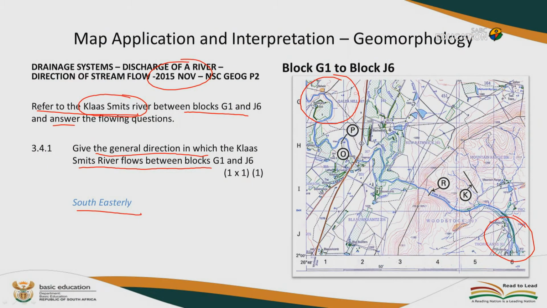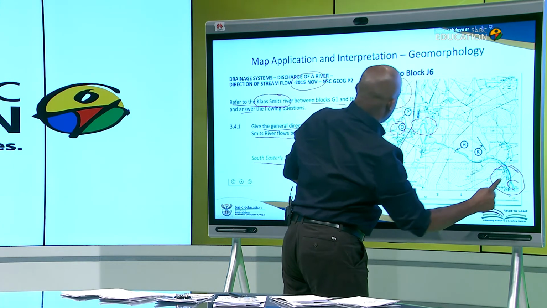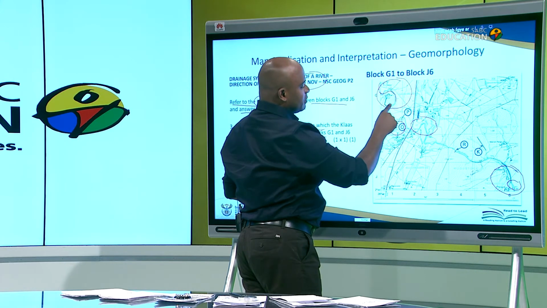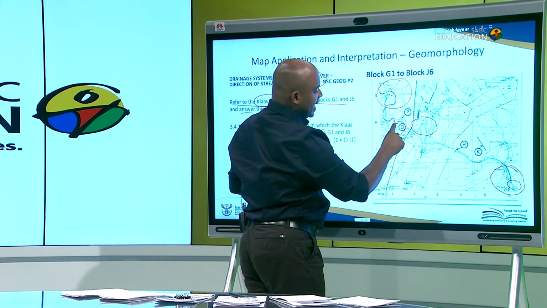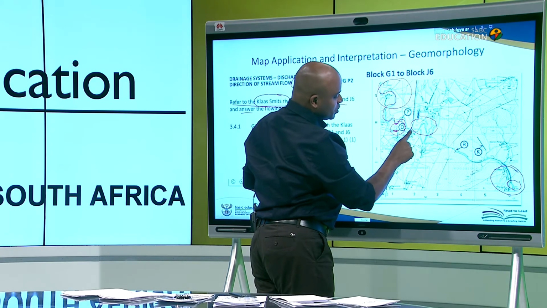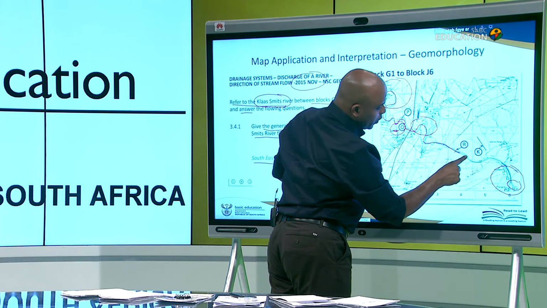direction. Looking at this map, immediately upon seeing various different heights, you should be able to determine where the highest height is and where the lowest height is. In this particular example, as the river flows, we notice that here at point O is 1016.9 as a spot height. And as you move downstream, notice more as the river is flowing,